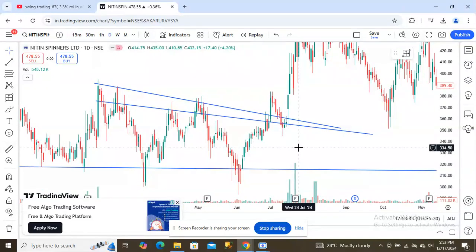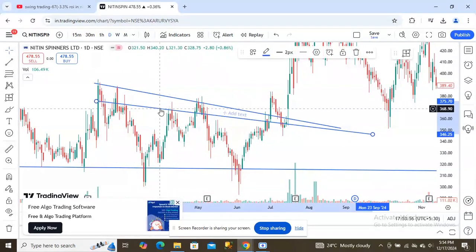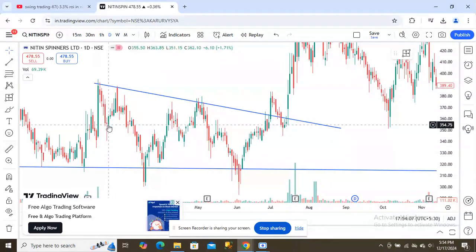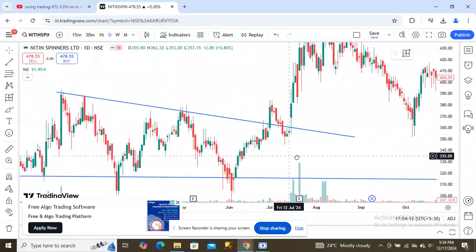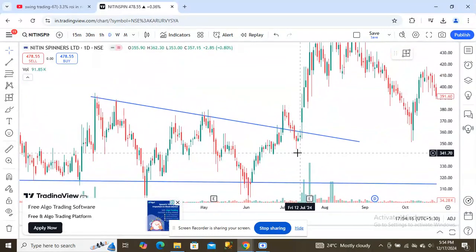And there are no three strong reversals, right? One, this is considered as one, two, right? Although we can take it as a third, because if we consider this as the upward move, the reversal is 30% of the upward move, so we can consider it. So it is three rejections, and the analysis is good, but the stop loss is bad.